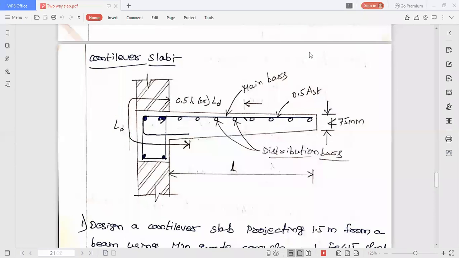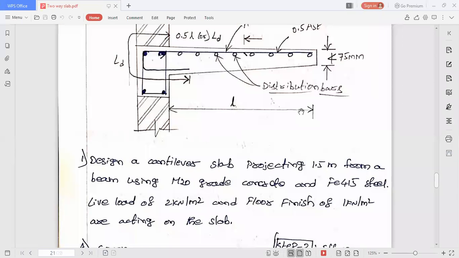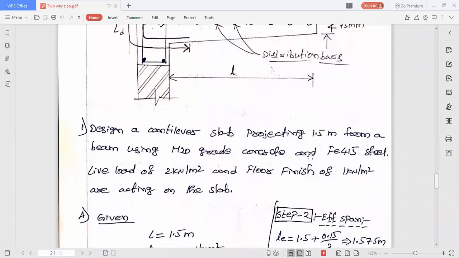Okay, now let us go to the design procedure of a cantilever slab. And I'm just recalling one point. If you want to design a cantilever slab, it is already over. Simply saying, it is already over. Why? Because we have already studied one-way slab design. One-way slab design and cantilever slab design are both the same. There is no change at all, but only one step will be added. Here there is a term called LD, and we have to find the value of LD required. That one is added. And in addition to that, one more addition is